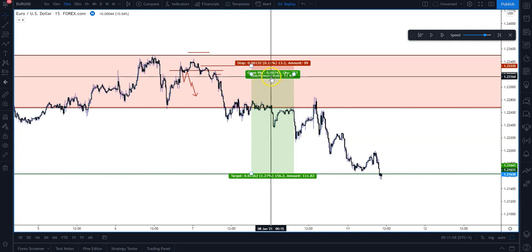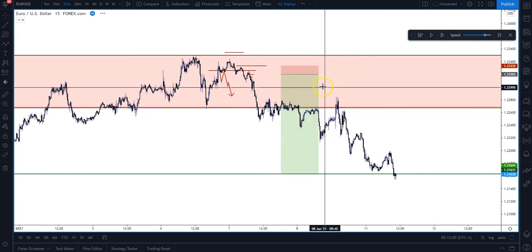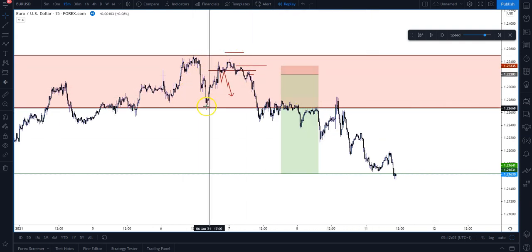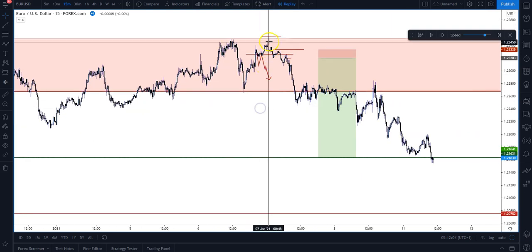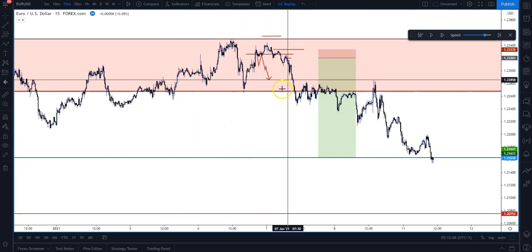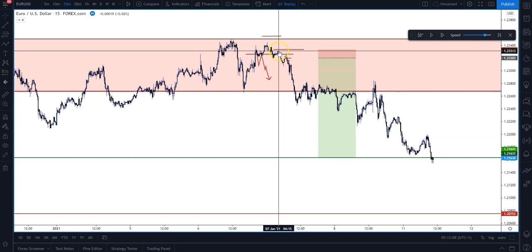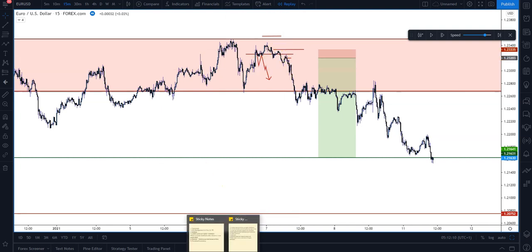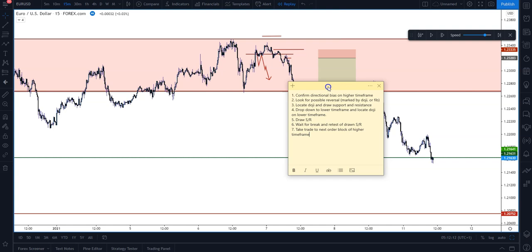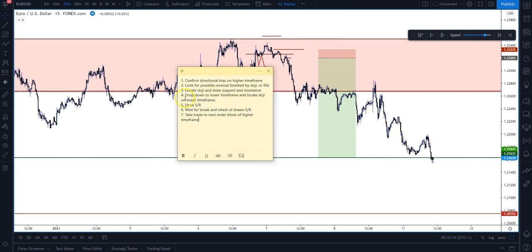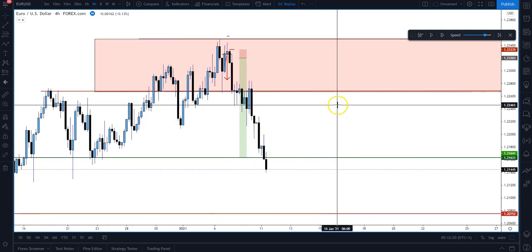1 to 11 ratio. This is an easy, simple play. If you're more conservative, you didn't have to enter your trade up here. You don't have to magnify. If you're scared and you're not too confident with the trade, you don't have to drop down and locate another doji. You can just play with the 4 hour doji